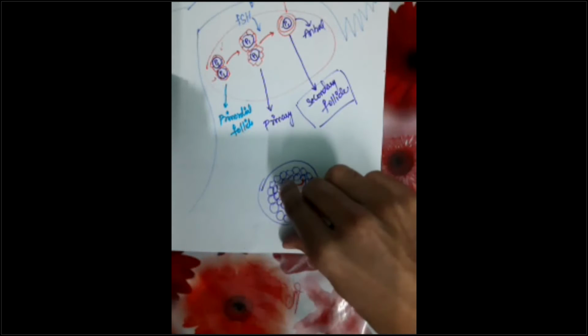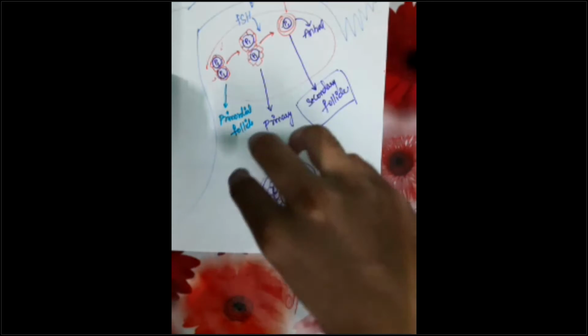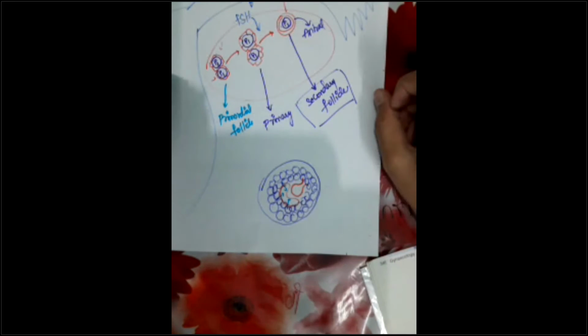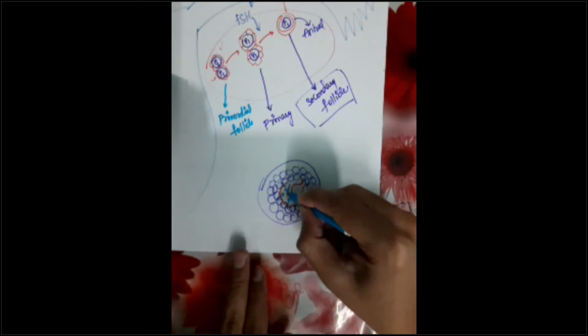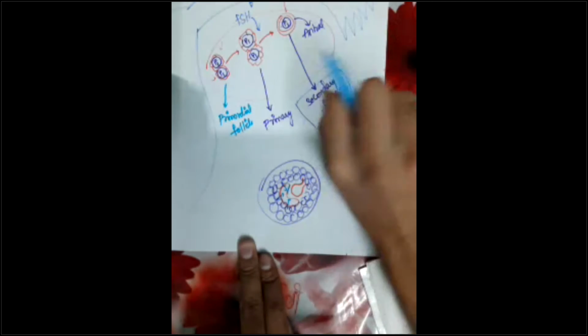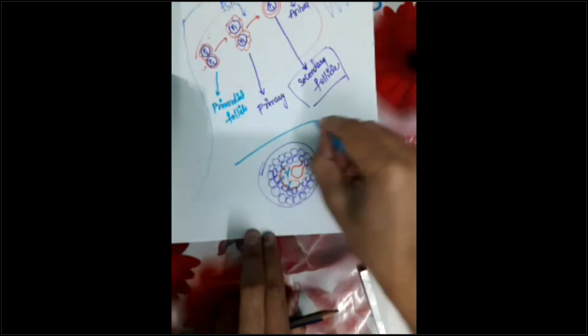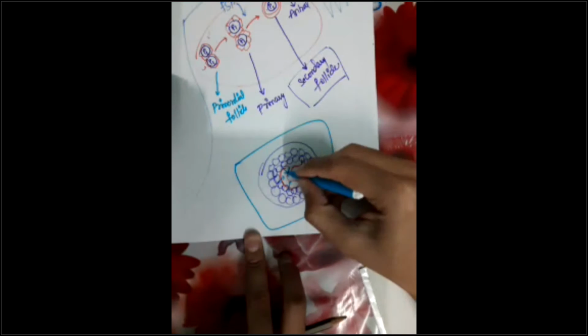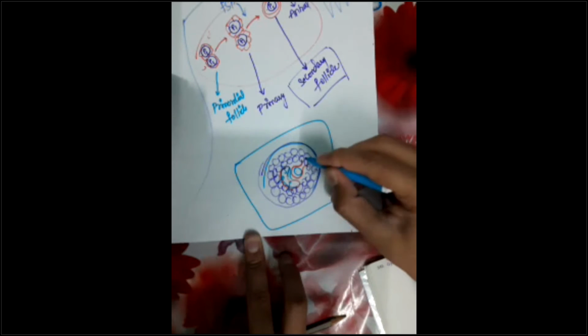A cavity known as the antrum is forming inside my follicle. Now the granulosa cells will secrete some fluid inside this antral follicle, and it will be filled with a fluid called antral fluid. This antral fluid will push my primary oocyte towards one pole. In this complete structure, the antrum of the follicle is filled with fluid, granulosa cells are there, theca cells are there with theca externa and theca interna. My primary oocyte is pushed to one pole of the follicle, which is attached through a stalk-like structure called